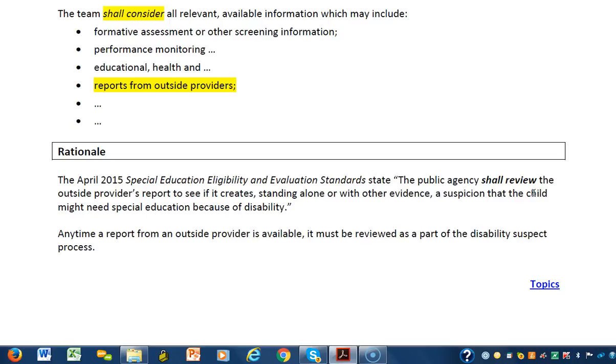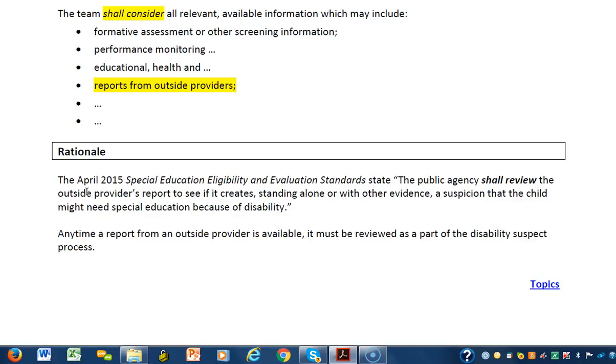So we will sometimes have reports from outside providers that may indicate things like ADHD or other categorical kinds of disabilities. We are obligated to consider those in terms of suspecting an educational disability. And again, I would reiterate, considering that information doesn't mean that it will direct the final decision.